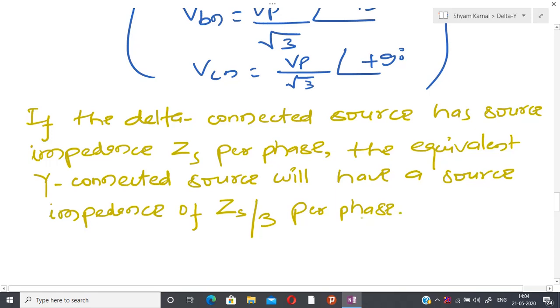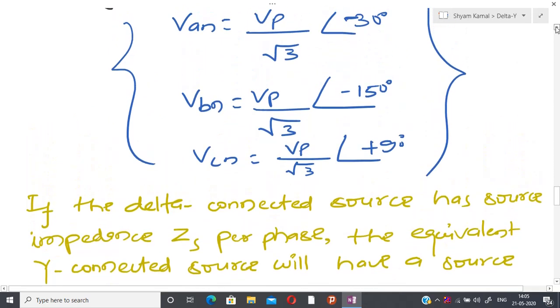So in this way, if I have some kind of practical source, because I am assuming that impedance is also associated with the source, due to that reason I am saying that a practical three phase delta source I am able to convert into a practical three phase Y connected source by dividing the voltage Vp by root 3 and angle whatever I have written above, and at the same time I also need to transform the impedance, and that impedance is now divided by 3.